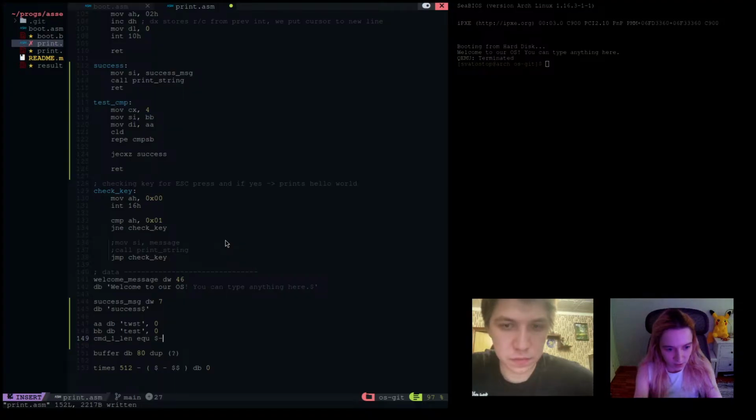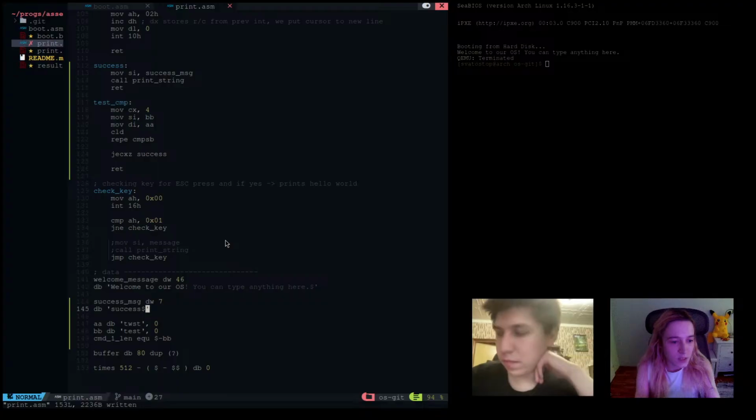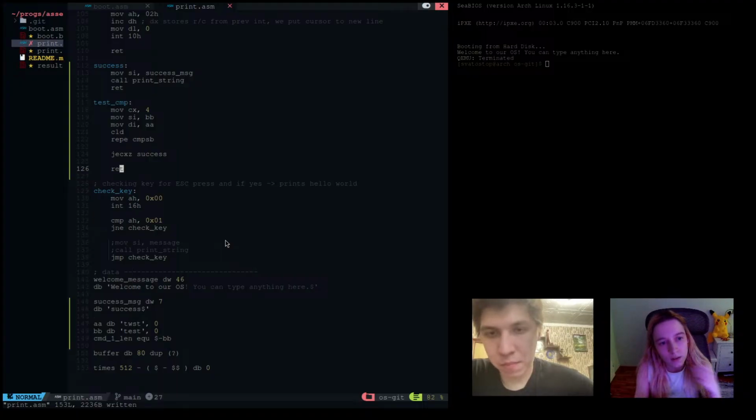Because, for example, give me a moment. If you now see that I'm comparing these two buffers, AA and BB, and I have a wrong letter here, it will repeat comparing the characters from SI and DI, and it will repeat comparing until we reach the end of the word, or we will stop if the characters